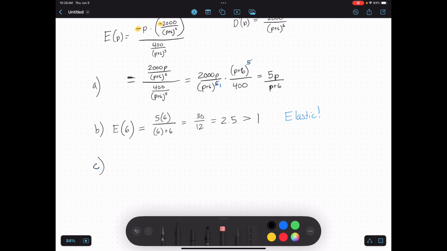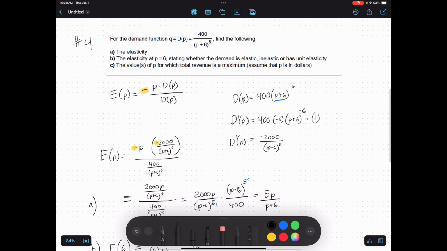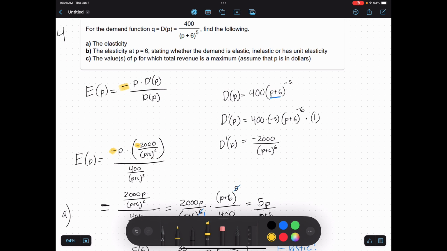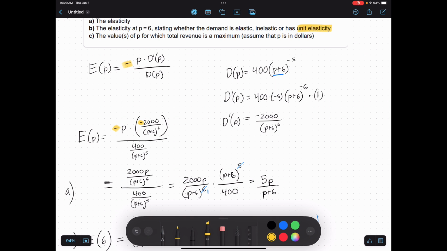Okay, well, part C is asking what value of p will maximize my total revenue? Well, if I want to find this value, that means I want to find the specific p value where I don't need to lower the price or raise the price, where that elasticity is telling me to just keep the price where it's at. Well, that sounds like unit elasticity, which is when the elasticity is equal to 1. Remember, that tells me not to raise or lower the price. I've reached the perfect